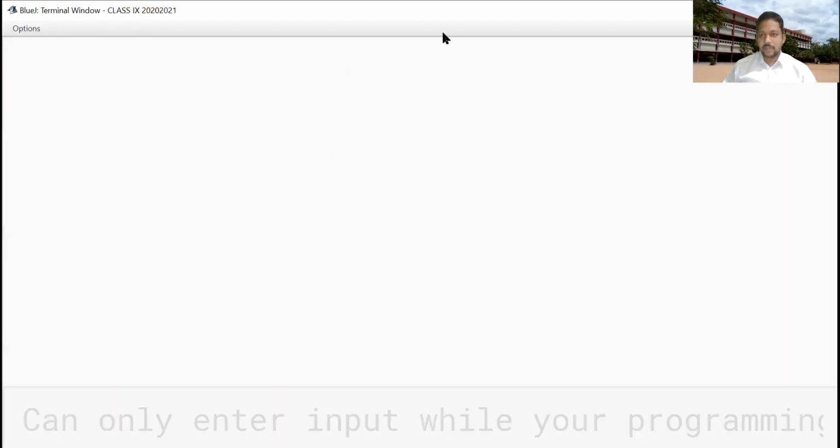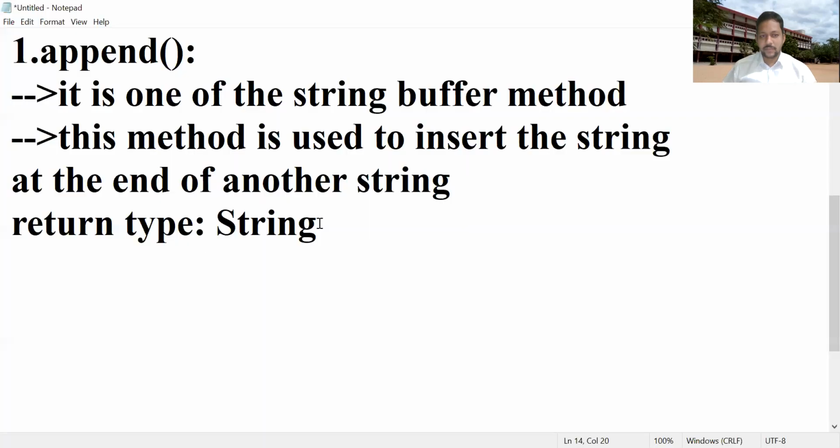So the second method is the insert method, all lowercase letters. It is also one of the StringBuffer methods.